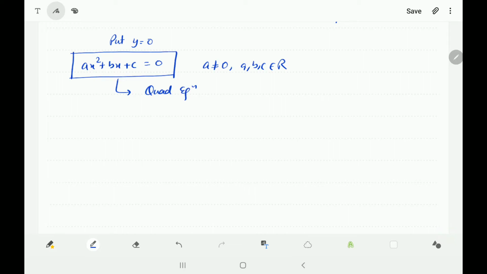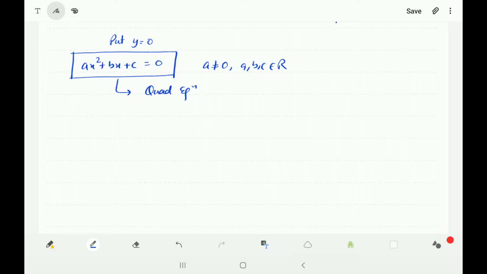Equation is defined as follows: if we have some expression on the left hand side and we put it equal to some number, say it can be equal to 0, it can be equal to 1, it can be equal to 2. If the expression on the left hand side is equated to some number on the right hand side, it can be 0, 1, 2 or 3, containing equality, then we call it an equation. Okay, so this is a quadratic equation because the variable x has degree 2.